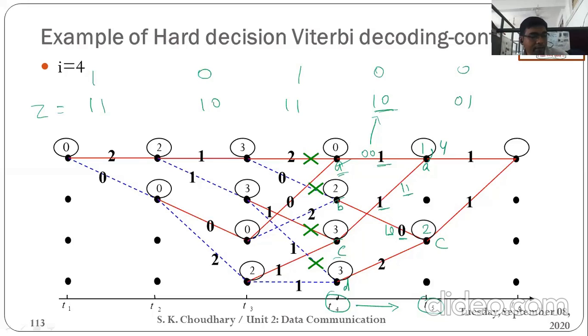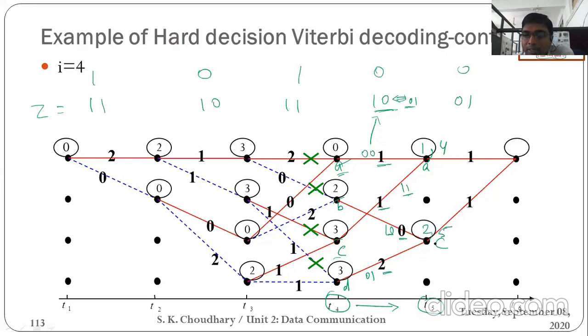You would be fine with this. At that moment, your metric value is 3 and you are receiving the input 0. So you would be moved from D to C, and your output is what? 0, 1. So compare 0, 1 with the 1, 0. You have the Hamming distance 2. Okay. So at that moment, you would have 3 plus 2, 5.